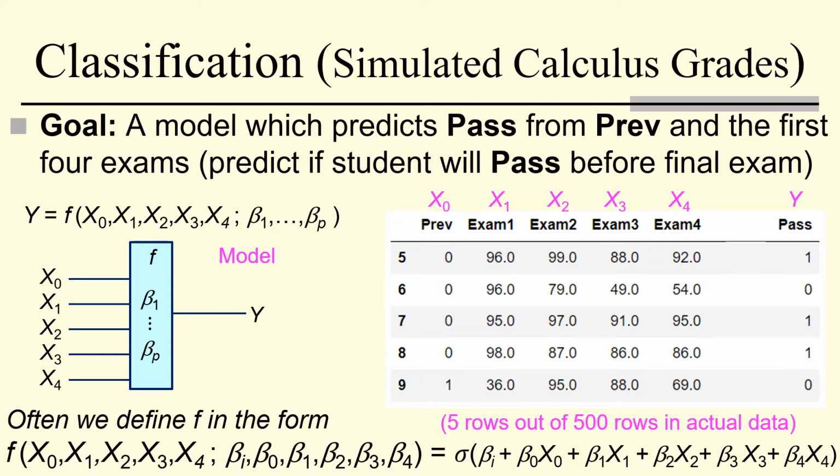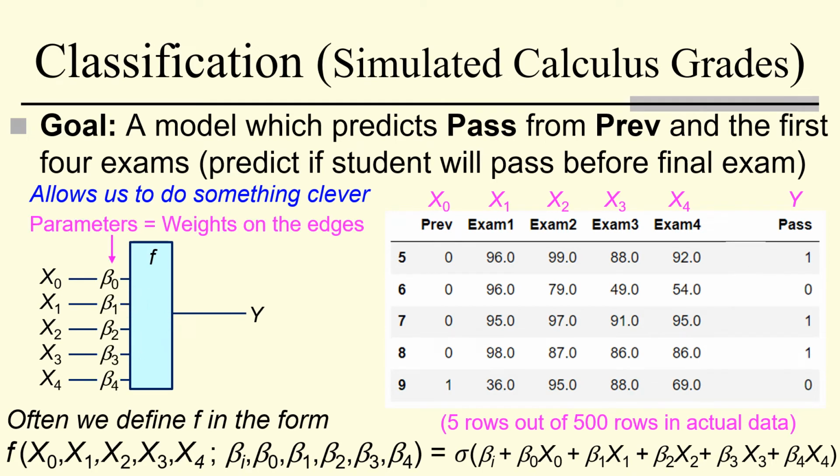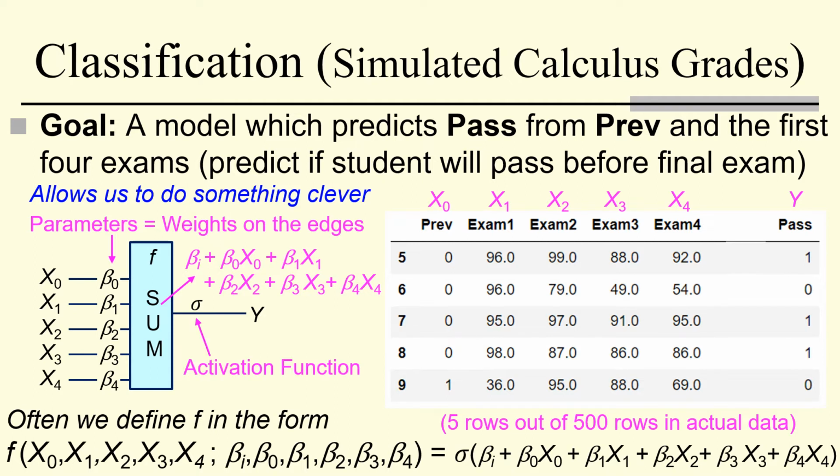Often, however, we define the model in a special form. It allows us to do something clever. We take the parameters and make them weights on the edges. We take the internal variable as the sum of all these parameters and variables. And notice beta sub 0 here is the constant, sometimes called the intercept parameter. We have an activation function,